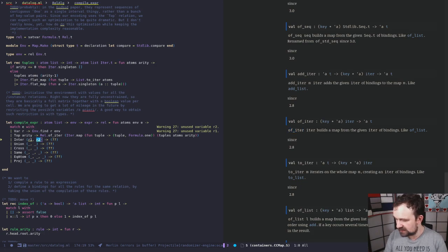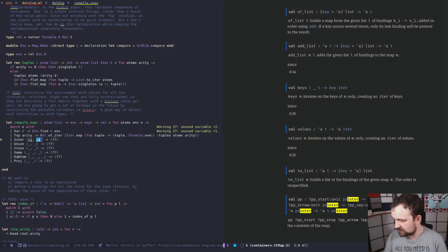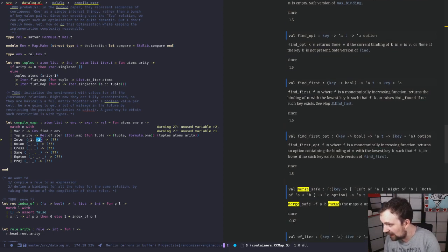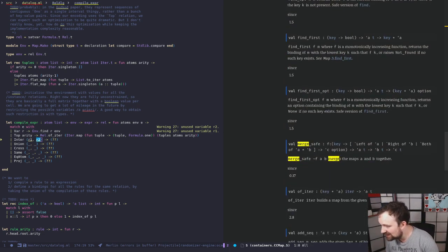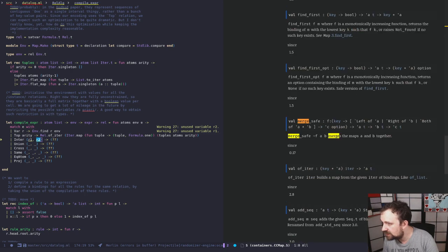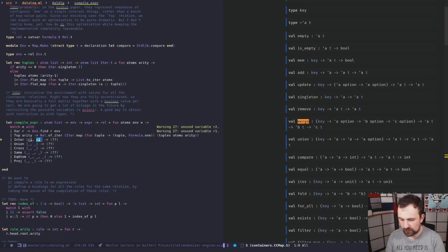Is there anything called intersect? No. Is there something called inter? Okay, yeah, there's printer. Really? Merge maybe? Okay. There are several. A merge, key, A option, B option, C option. Oh, that's from OCaml. Let's look at the official OCaml documentation then. I don't remember where it is, but